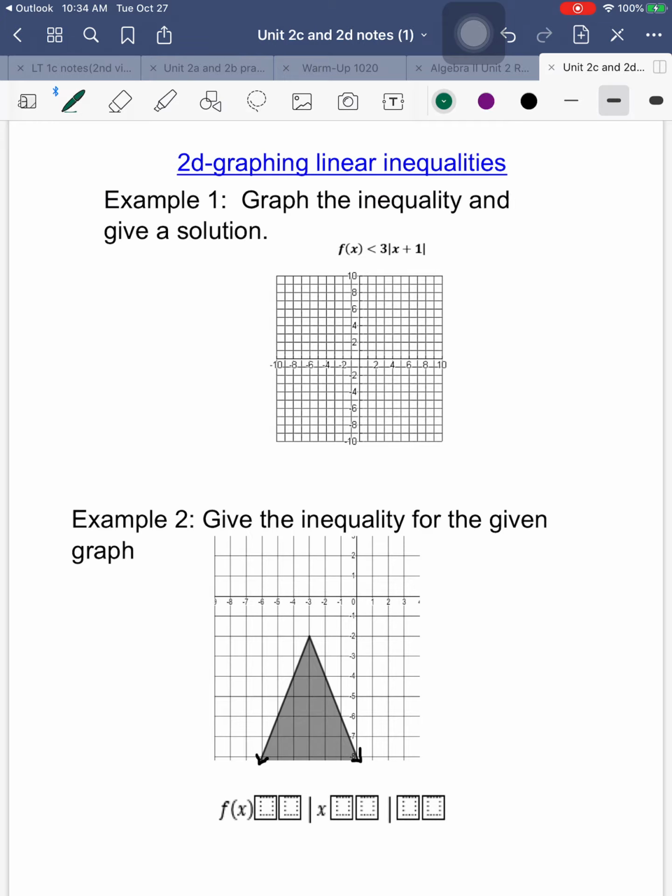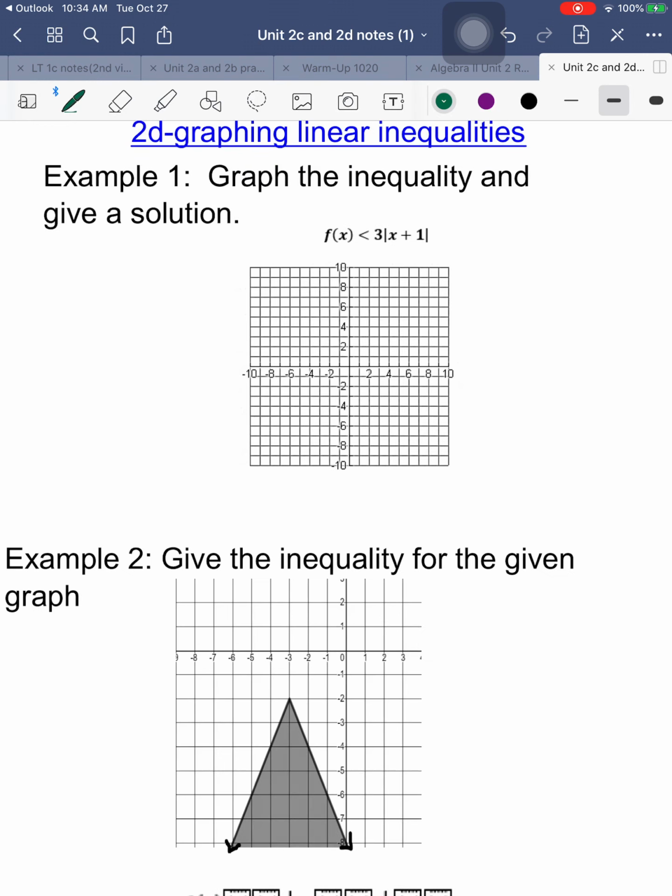So 2D is graphing. Graph the inequality and give a solution. All right. So first thing we need to do, it's the same thing as the last page. Do your left, right, up and down first. So that means left 1. So from the vertex, 0, 0, we're going to go left 1. So left 1. And then the next step is draw the